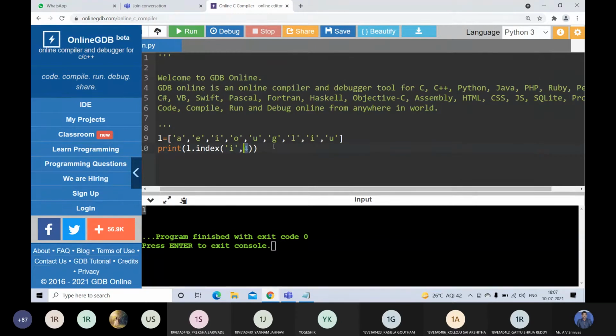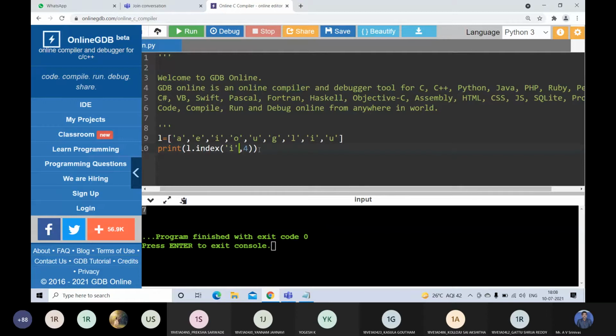That means this index method will search for the character I after the 4th index. It checks from index 4 onwards: 0, 1, 2, 3, 4. That means the second occurrence of I's index will come here. See the output here, 7. That is 0, 1, 2, 3, 4, 5, 6, the index of this one.